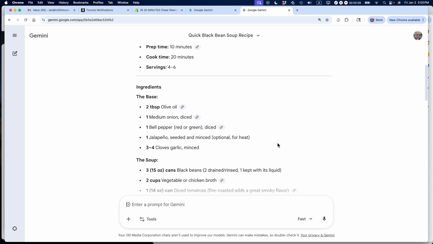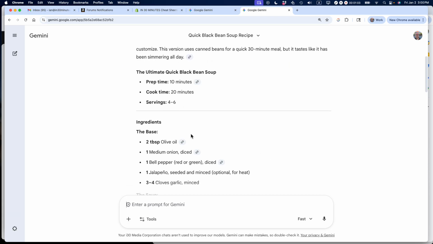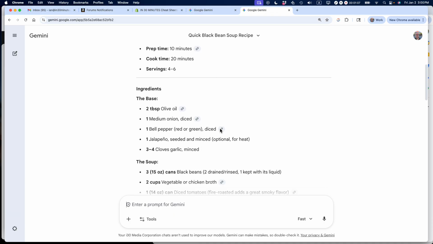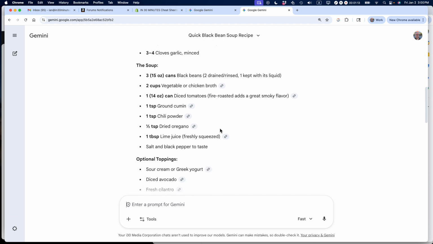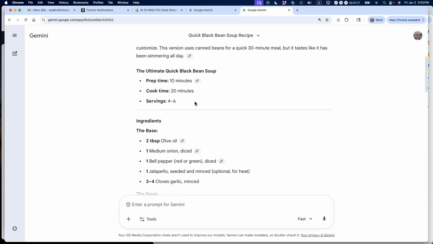So it's giving me an answer here for black bean soup, and I know how to cook black bean soup already, and I'm seeing a couple things that are issues with this. Okay, some of this is okay, but a couple things I definitely do not agree with. One of them is the cook time. So it says the cook time is 20 minutes, and as someone who has cooked this dish many times before, I usually think it needs to be a bit longer than that if you want the beans to have a